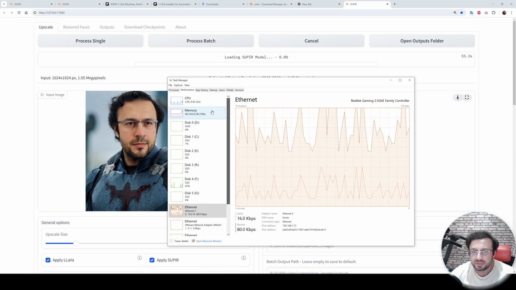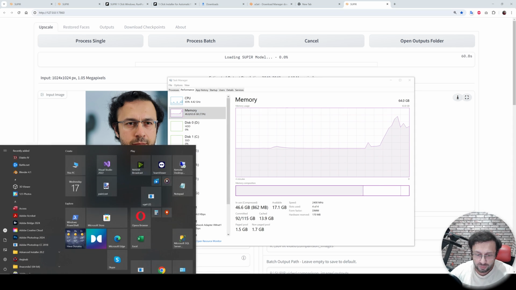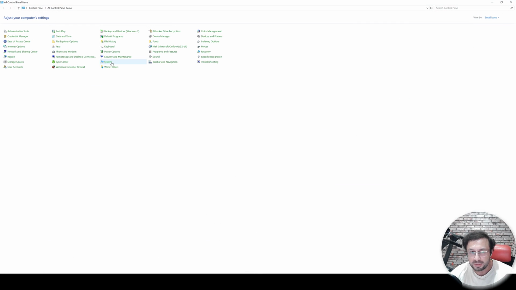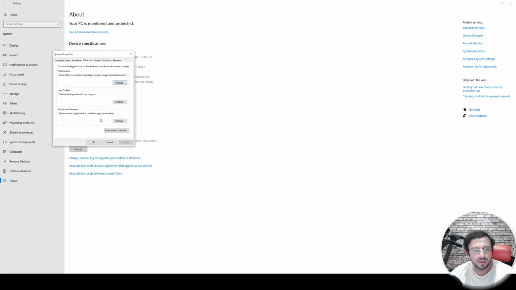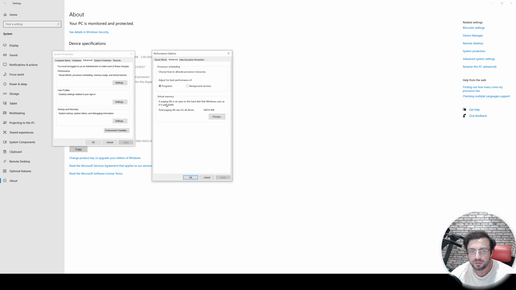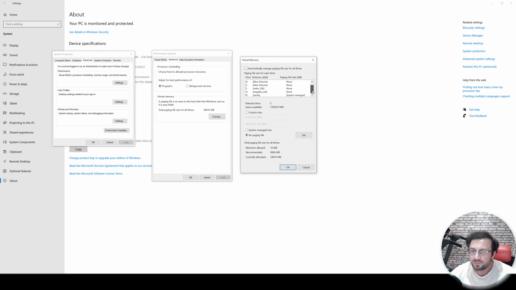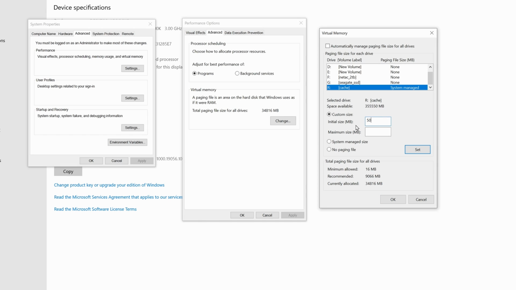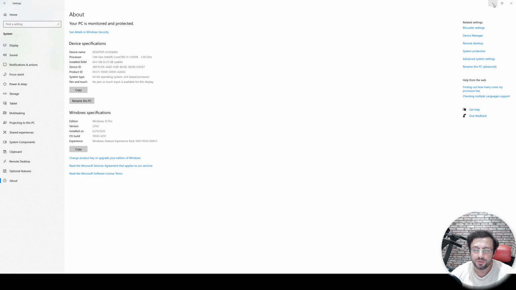Moreover, if you are limited with RAM memory, you should increase your virtual RAM memory. How to increase it? Type control panel and inside control panel go to system. Then in here you will see advanced system settings. In here you will see the advanced tab and in here you will see settings. Click that and in here you will go to the advanced tab and you will see virtual memory. Change it, set your device. I prefer you to set it on a faster disk and you can change the size from here, like 50,000, and you will get 50,000 virtual memory. Okay. After this change you need to restart.